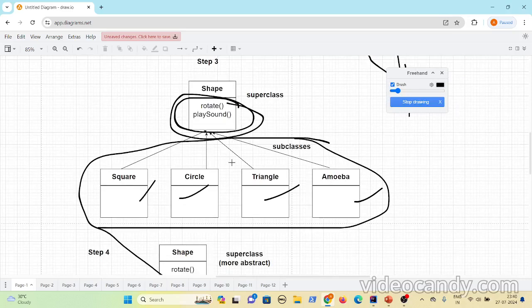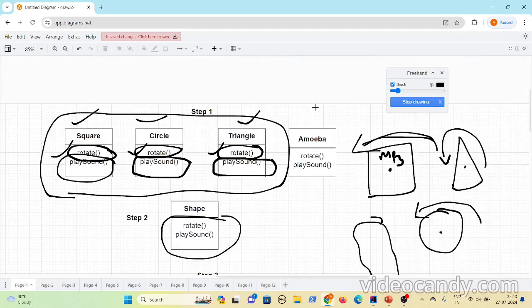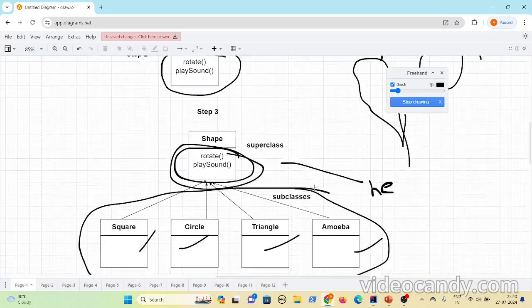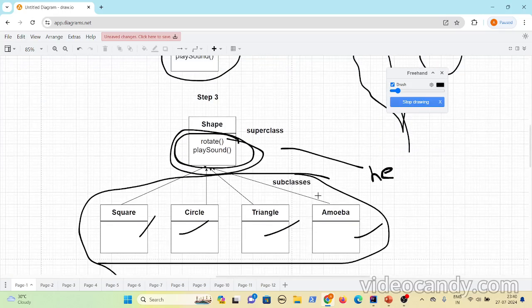And there is one more advantage. Let's say in future you have another shape called hexagon. Usually, if you define a hexagon, you would define one more class called hexagon, and write the rotate method and play sound method again in the hexagon class. But with this approach, you can just define the hexagon class and extend the superclass.